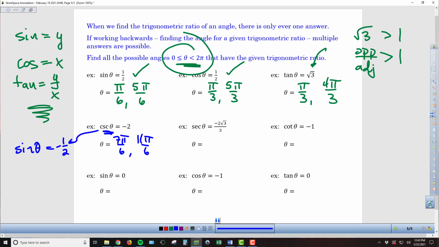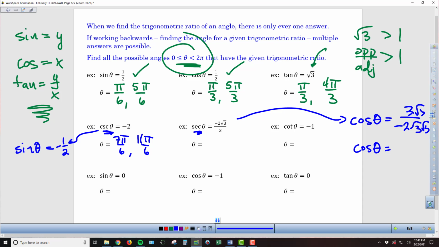For the next one, we've got secant of theta equals -2√3 over 3. So I'm going to rewrite this as cosine of theta equals 3 over -2√3. And so then if I rationalize by multiplying the top and bottom by √3, we end up with cosine of theta equals, so we're going to get 3√3 over -2 times 3. So I can cancel out my 3's, and I can see I end up with cosine of theta equals